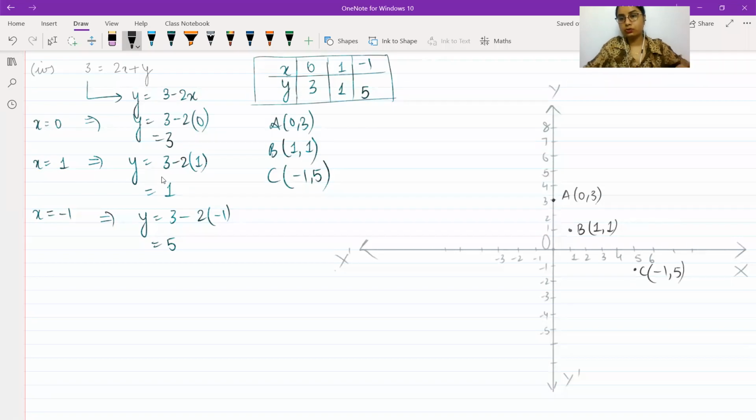And then you can try to join these in a line. Maybe because of me not having a graph sheet, they are not looking like they are in the same straight line. So maybe just see if they are falling in the same straight line, those who are working with the graph sheet. I could change the background, maybe that would help.